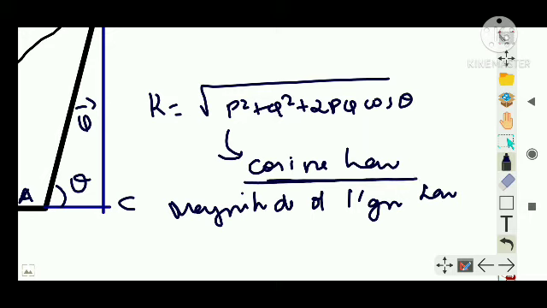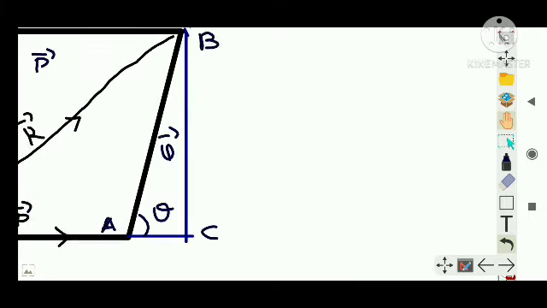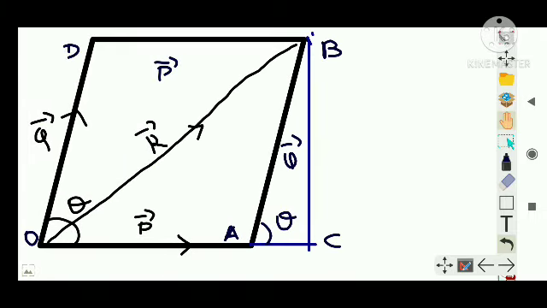Now we are going to deal with the portion which is not this one. We are going to find how to find the direction. We told you that by the parallelogram method we can find both direction as well as magnitude, right? So we found how to find the magnitude of the resultant. Now we are going to find what angle the resultant makes with one of the vectors. Let's say alpha is the angle made by the r vector with p, and the r vector is making angle beta with q. Clear? We will find alpha here.